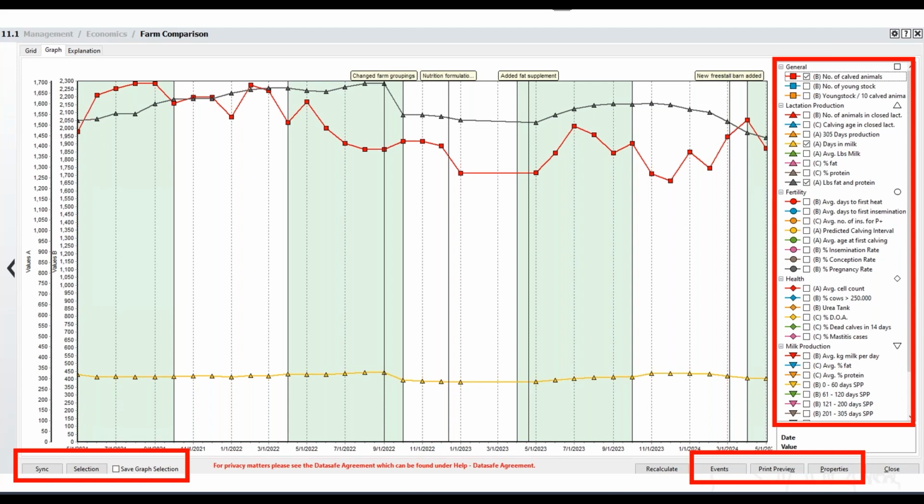Probably the coolest part of the farm comparison is the farm comparison graph. And this one is completely internal. This is your own herd over time. The longer you use the program and the more you put in, the more value this has. You can play around with this a ton. There's, I think, like 50 different KPIs on the right that you can choose from and track and chart